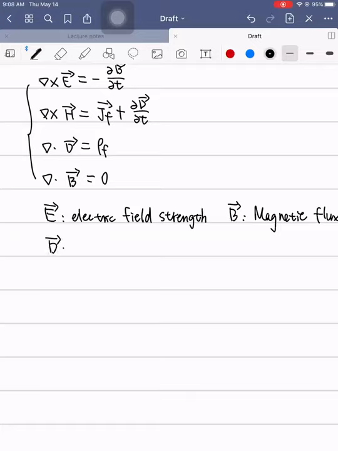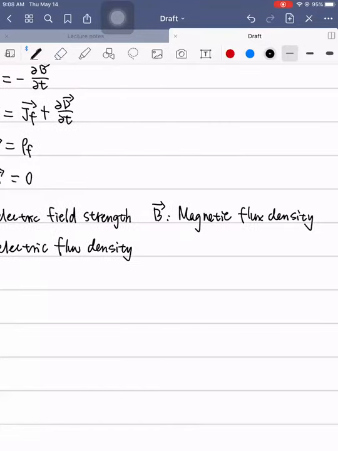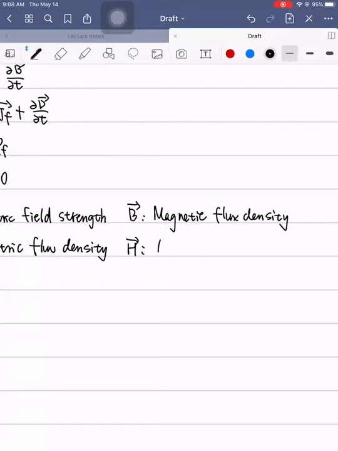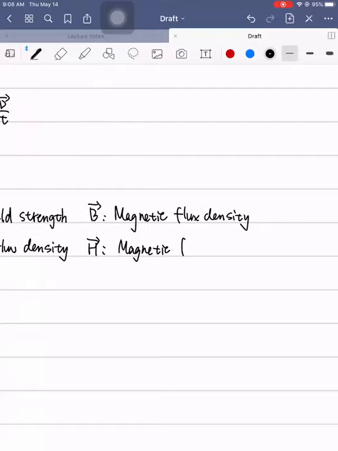D is electric flux density. H is magnetic field strength,